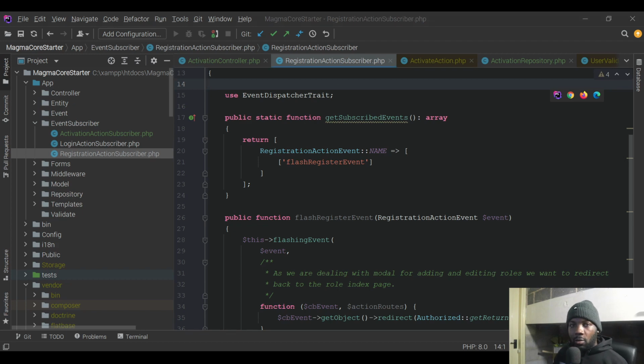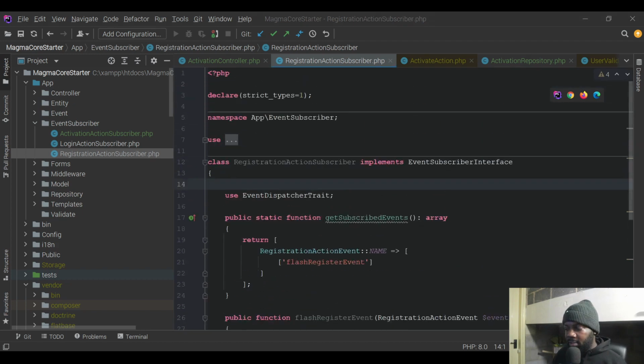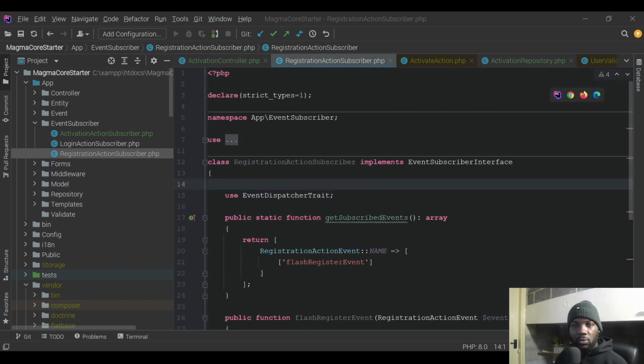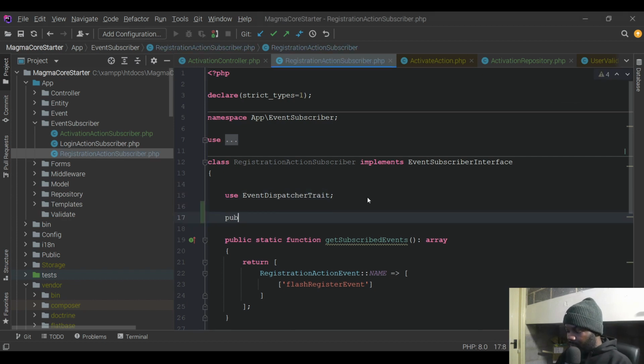Right now, one of the things that I want to do is, you can see that within this particular class I've got no constructor method. Now by default, if I declare a constructor method within any of my action subscriber classes, I can autowire any dependency to that constructor, right? So I'm going to demonstrate that. I'm going to say public function __construct,